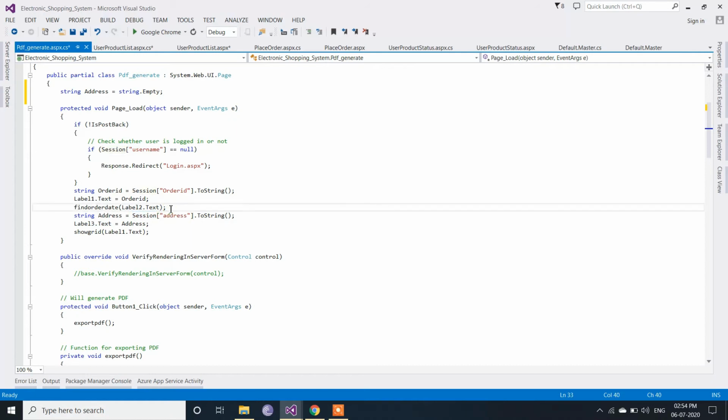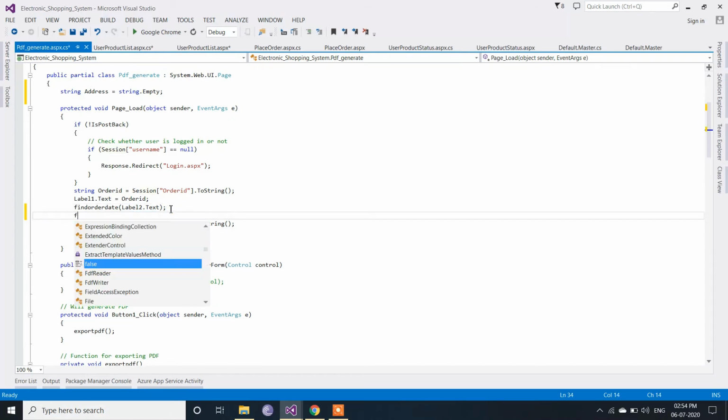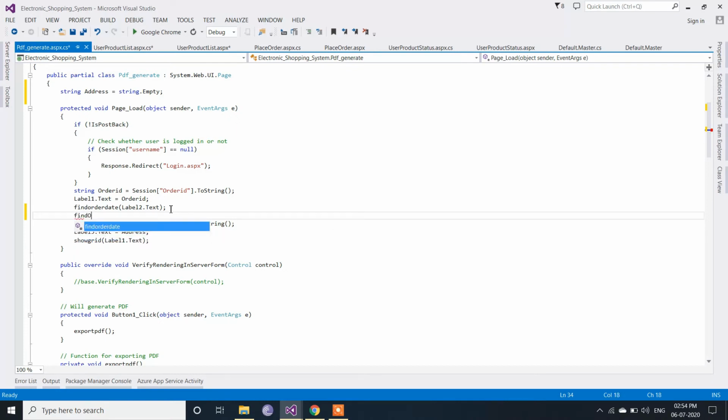So first of all, I am creating one function here, find order address. Let's take a parameter.